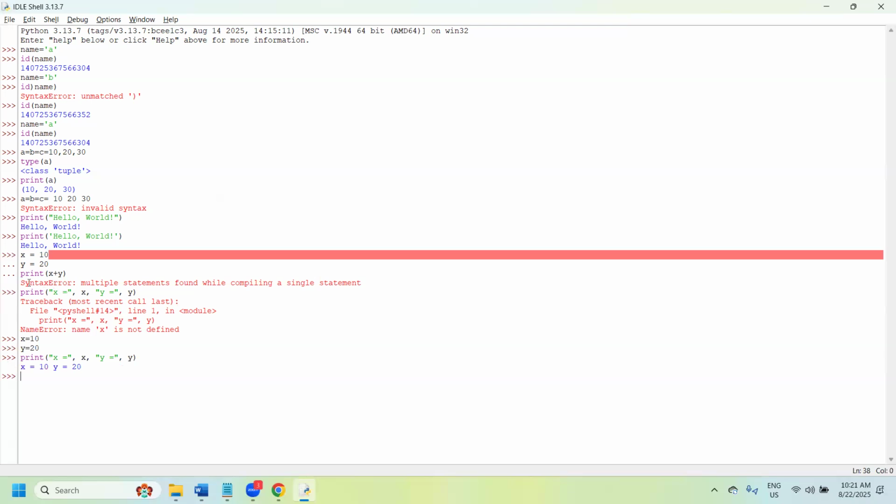If you get any syntactical errors, then it's a problem. Now print x plus y, we can do that too, so 30. We can directly do the calculations. Print x minus y, we can also do that. And similarly print x star y, x multiplied by y. We can also do that. And print